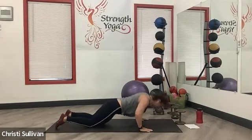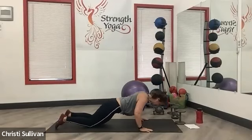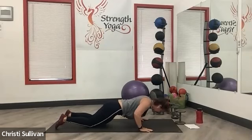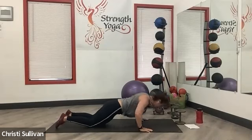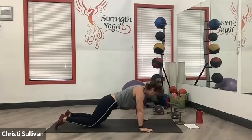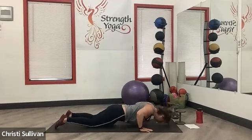Again, slide the shoulders down the back, a lot of tricep here. Remember, if your triceps are starting to fatigue, you can go halfway. You still draw the belly in, slide those shoulders down the back. This one is a little easier in the sense that you have one more,